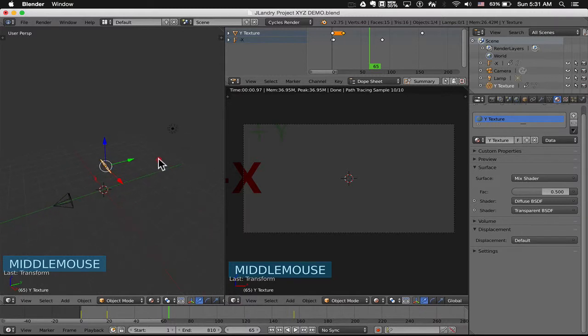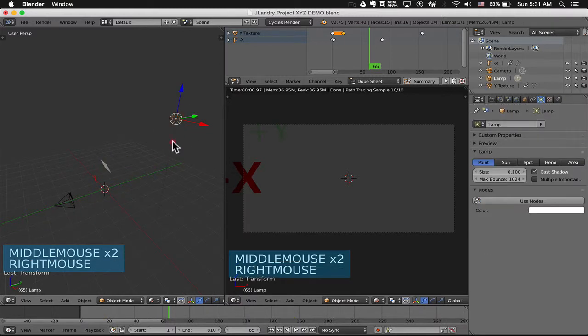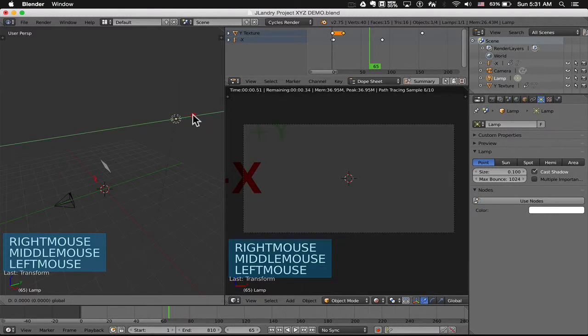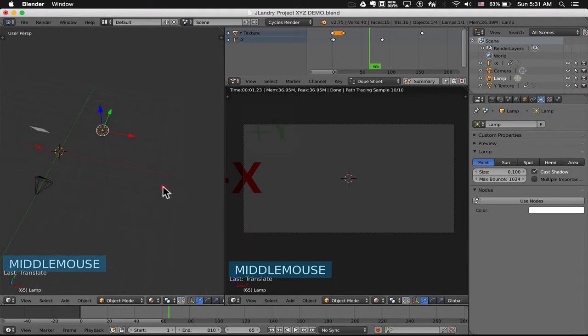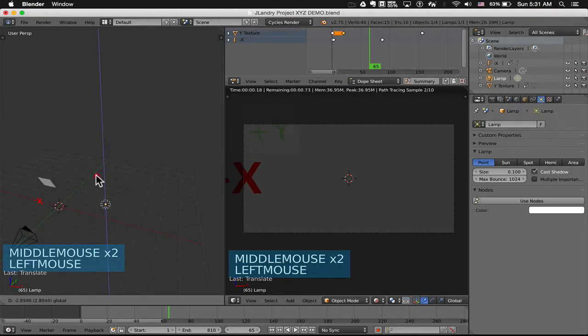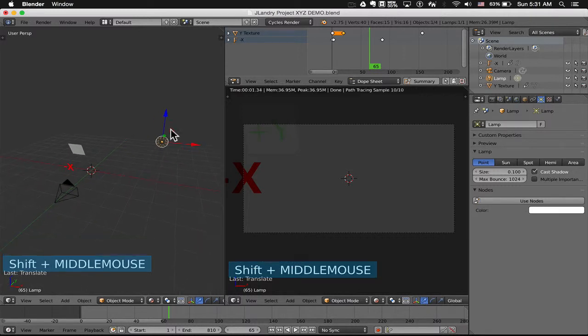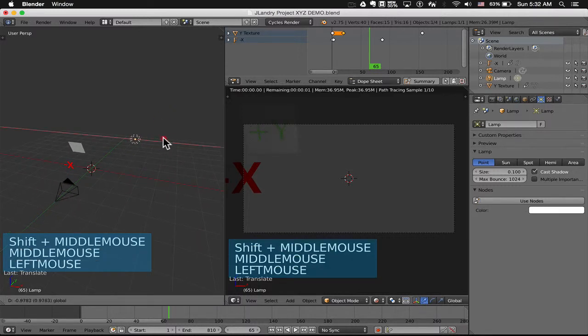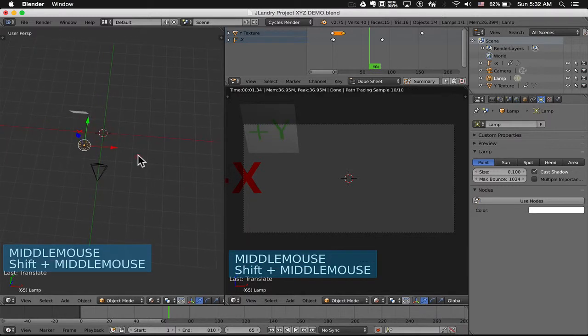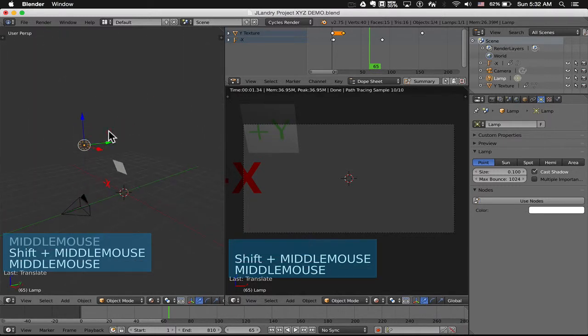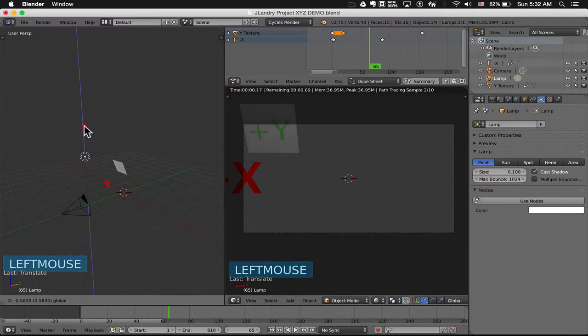So to make things easier to see, I'm going to come over here to my 3D view. I'm going to right click to select my light, my lamp. I'm going to go ahead and move it forward. Okay, so I'm moving it forward. I'm going to go ahead and maybe bring it down, and you'll see that as I start bringing it down, I'm going to bring it over a little bit, and you'll see that as I'm bringing it over the camera and basically closer to the content in my scene,